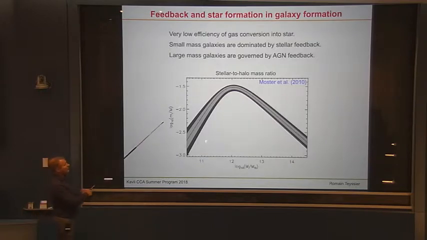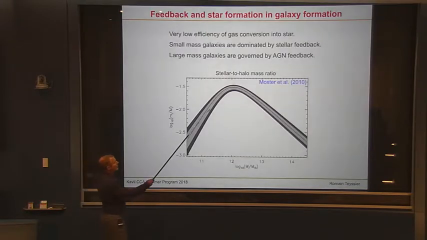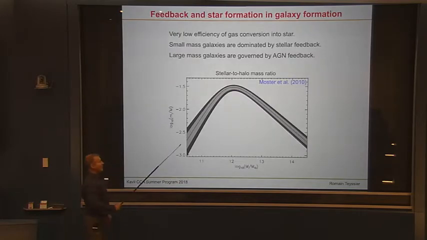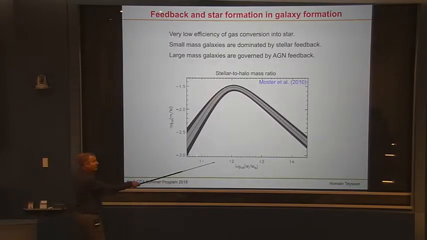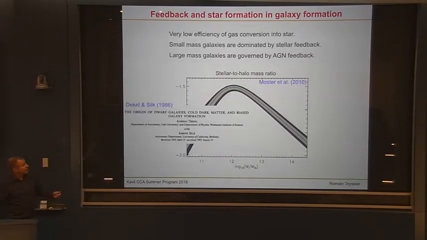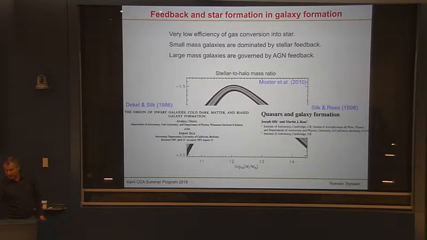So you know this plot here, which tells you the stellar mass of the central galaxy divided by the halo mass as a function of halo mass for all the galaxies in the universe. I will not explain where this comes from, but we believe that's how much star formation we have inside each of those halos in the central galaxy. And it peaks at 20% efficiency, which is quite low, but it's even worse at higher and lower masses. So that's the Milky Way. The Milky Way sits here. So we think that supernovae feedback does the job on the left part of this plot, and AGN feedback does the job on the right part of this plot.